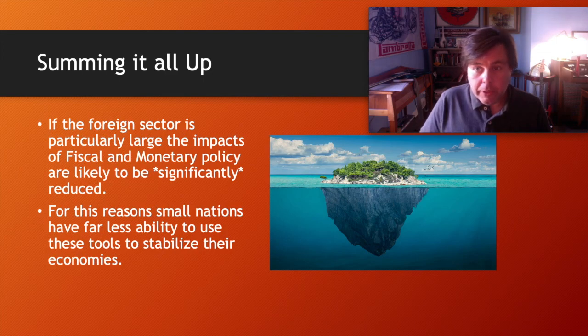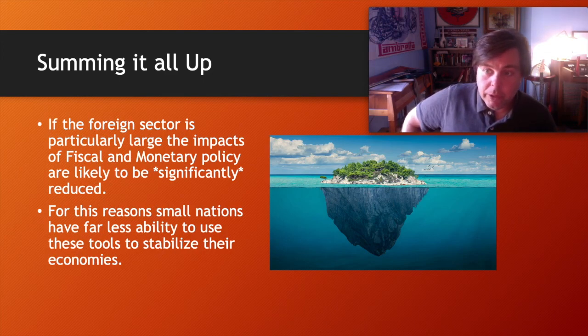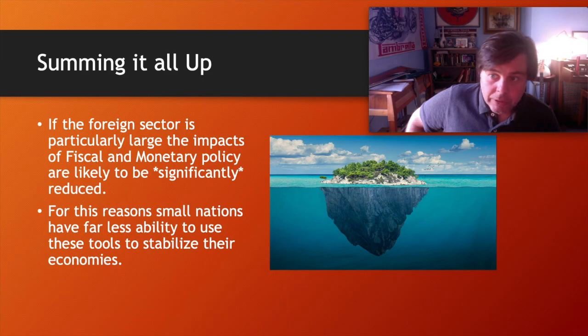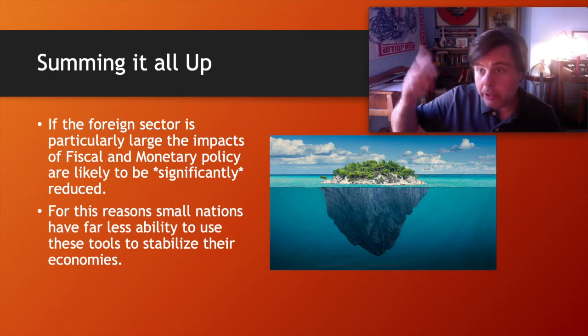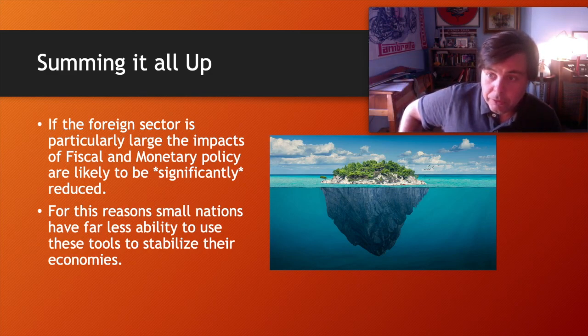Final thing to note is you're going to find that if the foreign sector is quite large, that is to say, the NX as a share of total household incomes, you're going to find that monetary and most particularly fiscal policy becomes significantly blunted, right? So a large nation like the United States is able to use those policies quite effectively to alter internal economic outcomes, but very small nations really can't do those things. Just doesn't work. If you work through the model, you'll see why it is. But the short story version of why that is,